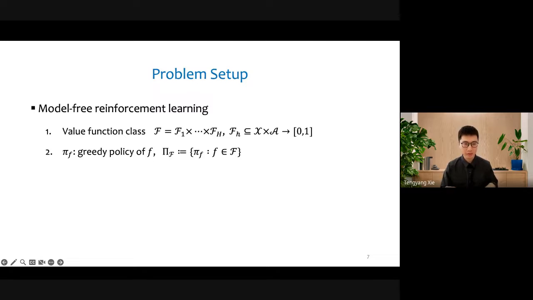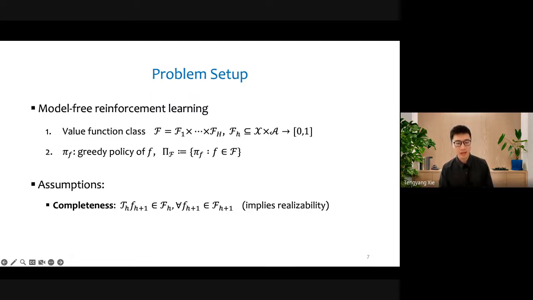Also in this talk, I will mainly focus on model-free reinforcement learning with general function approximation. That is, we don't want to estimate the transition, and we will provide the learner a value function class, which is defined here. For each layer, we also assume it is bounded, but also easy to generalize. What we do is mainly value-based; we don't have a separate policy class. So the policy I use in this talk is the greedy policy induced by our value function. And I use capital pi f to denote all possible greedy policies based on our value function class